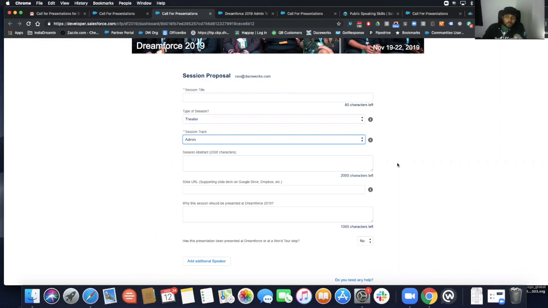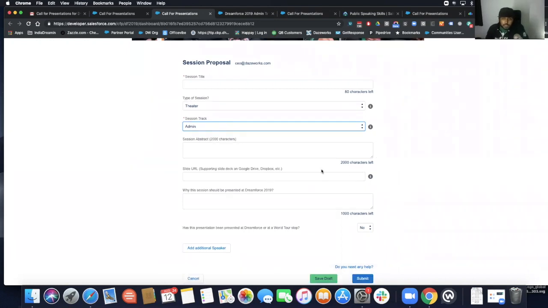And one of the key things I think we want to call out is no matter, even if you're putting your name and title and everything, the selection process is actually a blind selection. So a blind review of the abstract. So there's no bias involved. It's basically how well you structure your idea here, and the different tracks that you select makes a difference in the back end of how you get selected possibly. So you might want to give it a little bit of thought on, do you want to go for a breakout versus theater, or admin, developer, architect. I'm pretty sure architect sessions are in high demand, and they would love to see some architect sessions come through. So yeah, I think that would be the best way to look at that specifically.